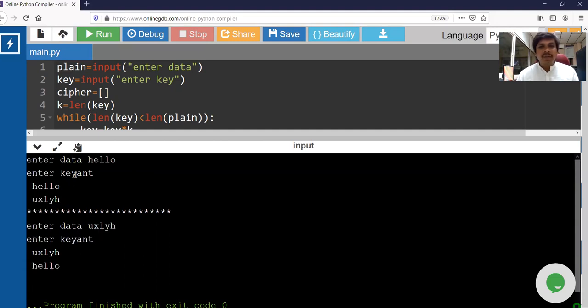This operation will be performed by person 1, who wants to transfer the information, and this operation will be performed by person 2, who wants to receive the information. The third person in between cannot find the right information because he knows only this, UXLYH. What does that mean? No third person knows what it is until he knows the right key, and the key is AND. This password will be communicated between person 1 and person 2, and later they will be sending the information between them. As long as the password is right, he can decrypt well, else he cannot.